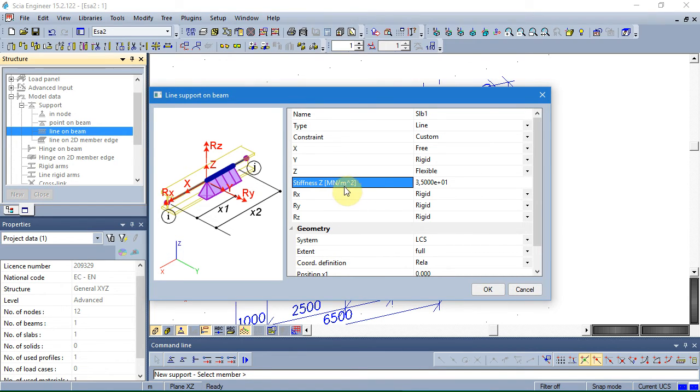Because the width of our support is 1 meter, it's the same as the Winkler constant of 35 meganewton. And the rotation is free, and around Y-axis is rigid.